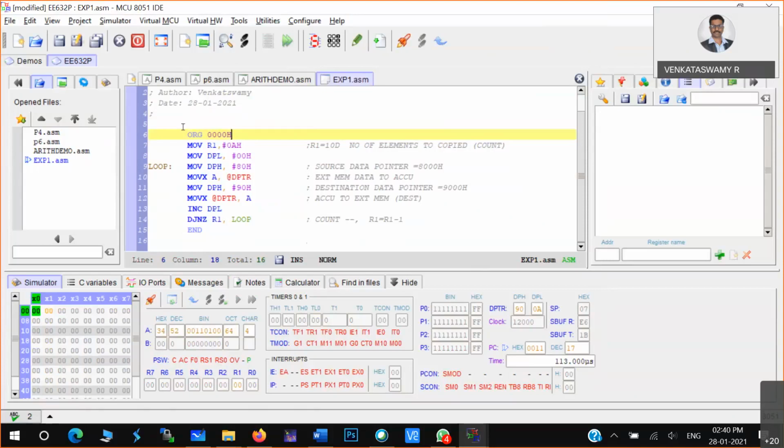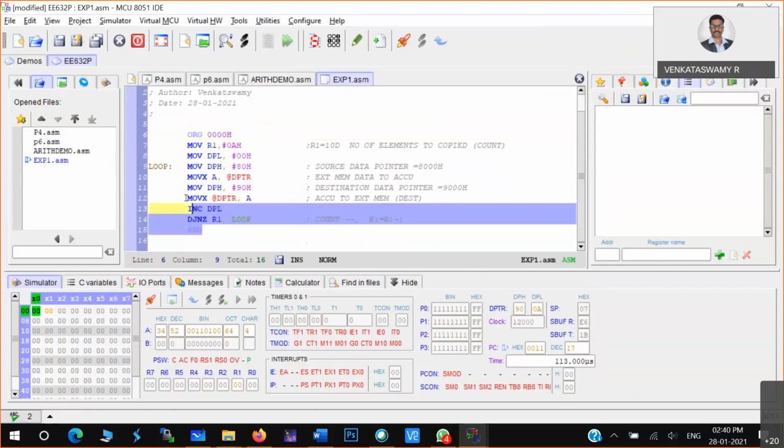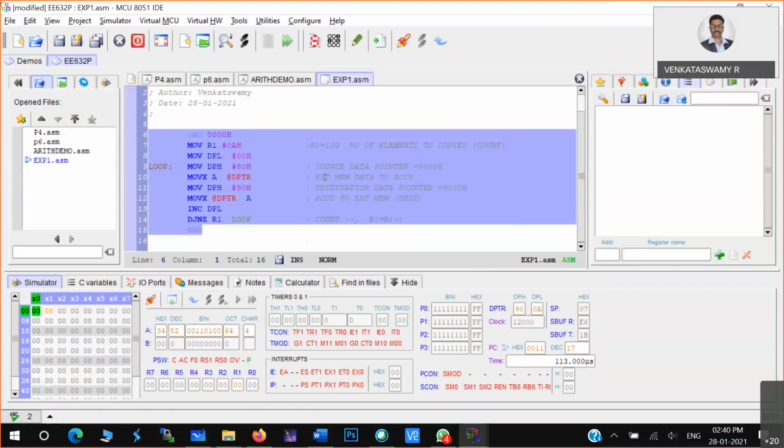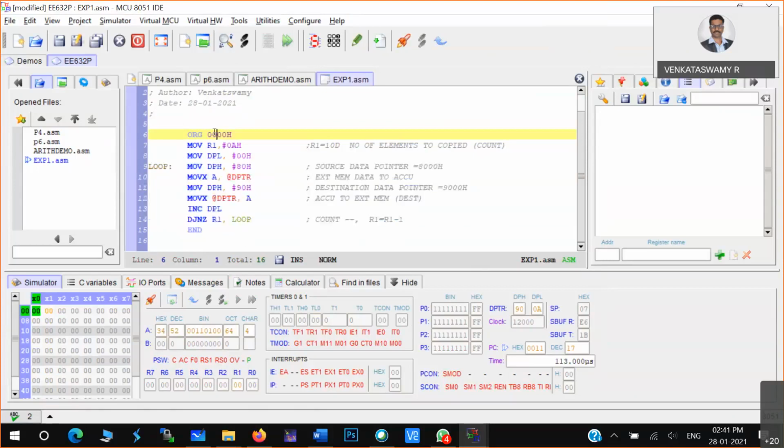Origin means, for example, where you are trying to keep this particular program in the external memory. That will be decided by this particular instruction, origin. So this entire program will be stored in this particular memory location.